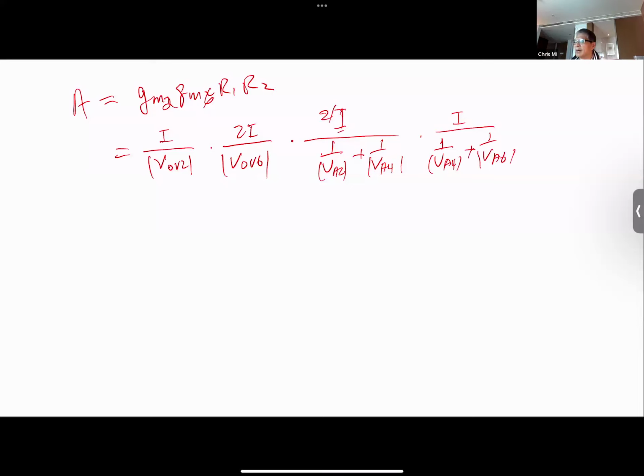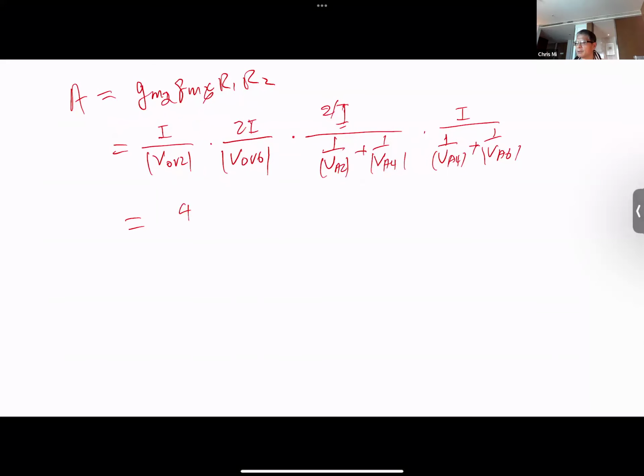As you can see here, this I is going to cancel, and this 2, why is the 2 not canceling? That 2 is supposed to get 2I, so this 2 will not cancel, we'll get 4. So I cancels, so we will get this equation eventually to be, let me see, what do I get? Yeah, so this is eventually going to be 4 times